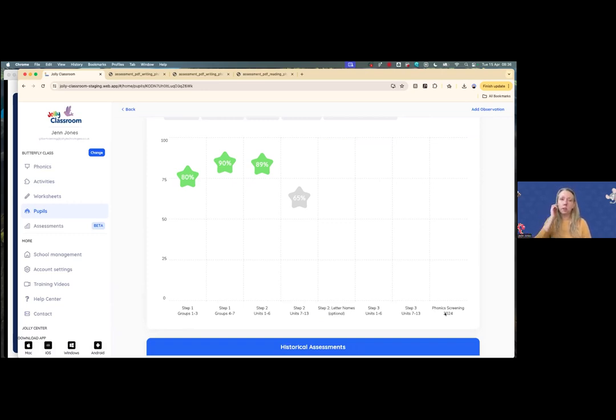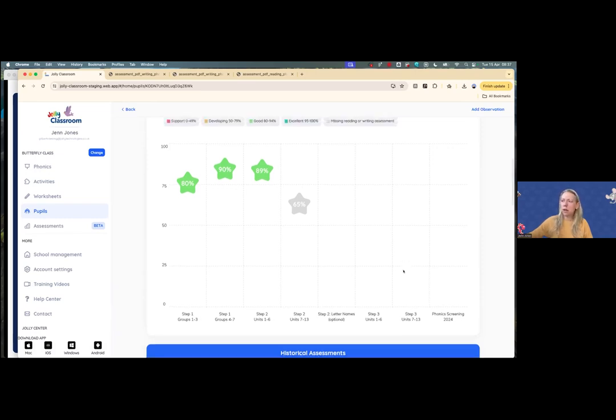The nice thing about the phonics screen check is that it's kind of an overview. It has real words and alien words, and it can maybe be a great place to start if you have a child who has already gone through phonics, or maybe they're in an older grade, like grade 3, and you want to kind of just do an overview check to see where their phonics knowledge is. This phonics screen check will be really valuable for those pupils. But just coming back here,